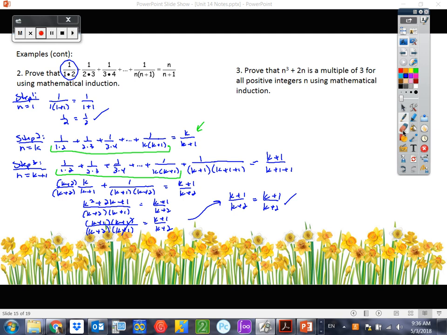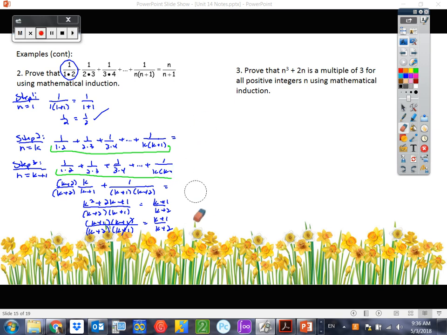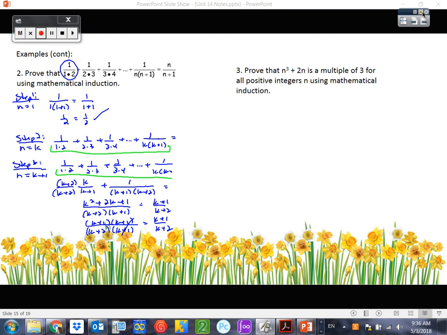So number 3 has words. It's wanting us to prove that n squared plus 2n is a multiple of 3. That's kind of weird, right? But let's just do it, I'll show you it works. So step 1,